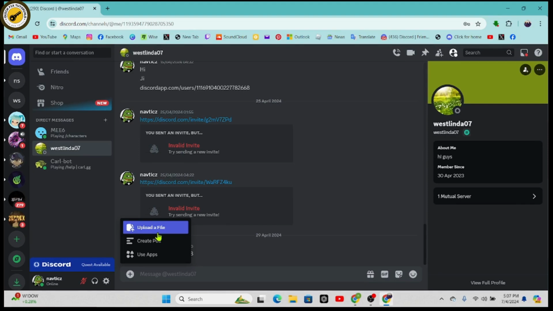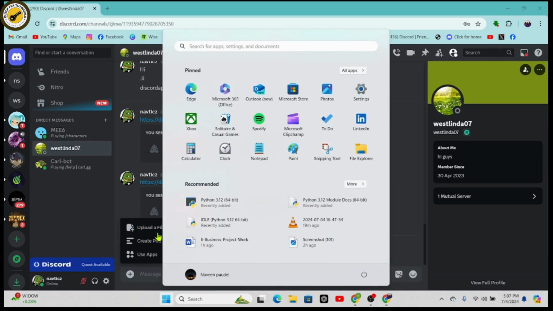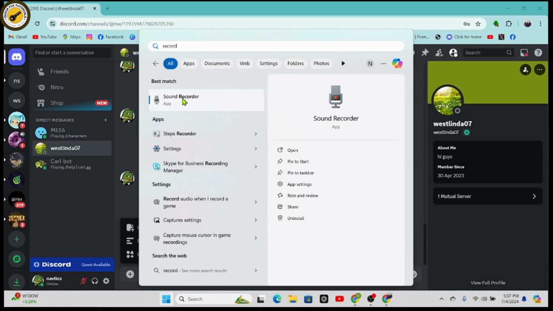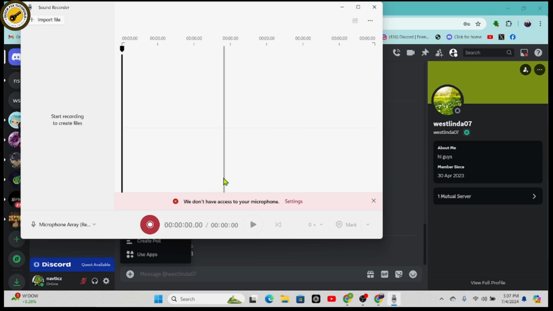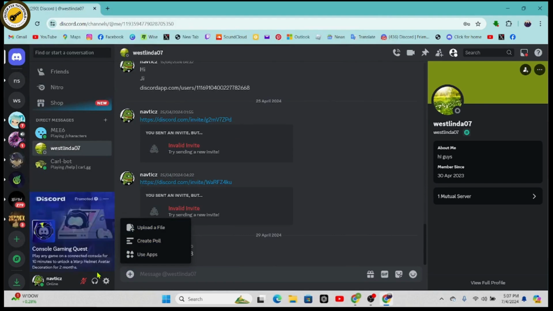So if you want to get that option, then what you need to do is you just need to simply search for recorder. You will have sound recorder or voice recorder on your Windows. Simply click on the sound recorder and record a voice or start recording your files. And once you've recorded, it will be saved to your desktop or your downloads or wherever you save that file, right? So once you've recorded and saved that file, you just need to go back, and here you need to